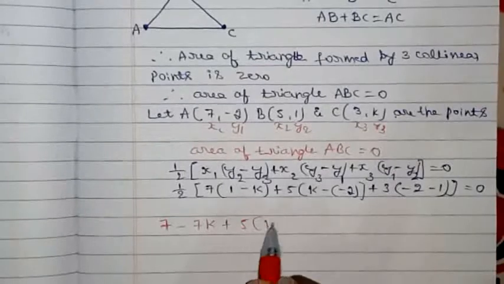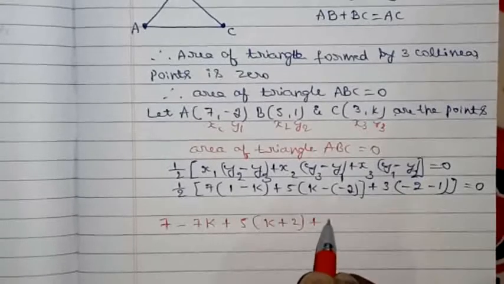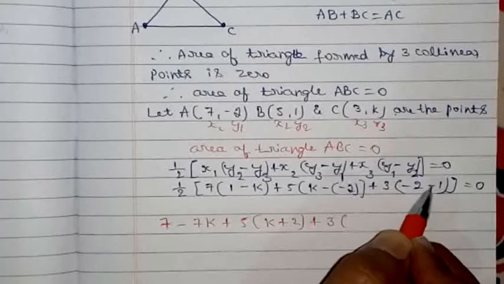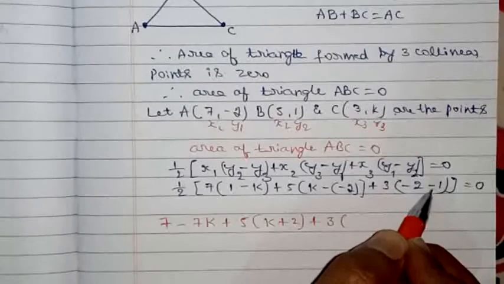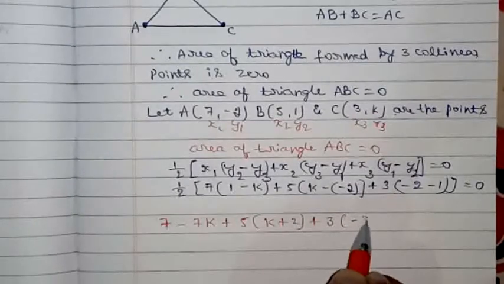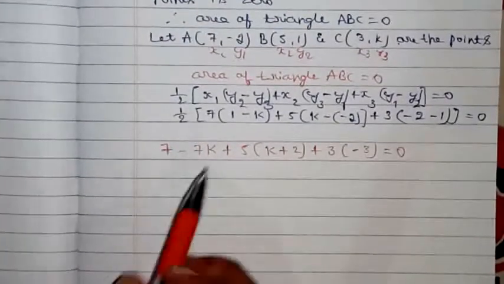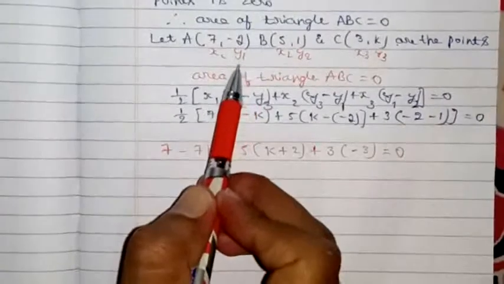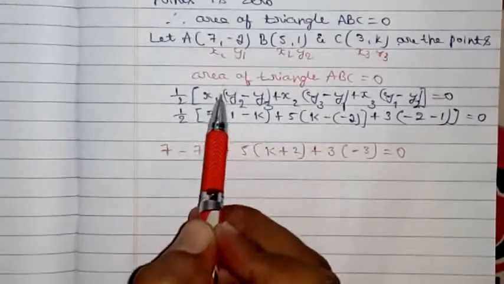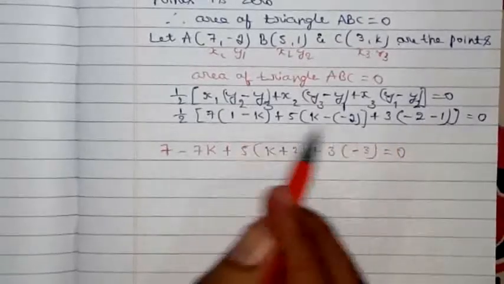Okay, now k as usual, minus into minus will be plus 2. Plus now here 3 into minus will be plus, so therefore you need to add. So 2 plus 1 is 3, and also the sign of the biggest number, so minus 3 is equal to 0. Okay, children. As usual, I have already told you, you need to subtract first y2 minus y3, afterwards you need to multiply it by x1. Here also like that, here also like that. That only I am doing here.